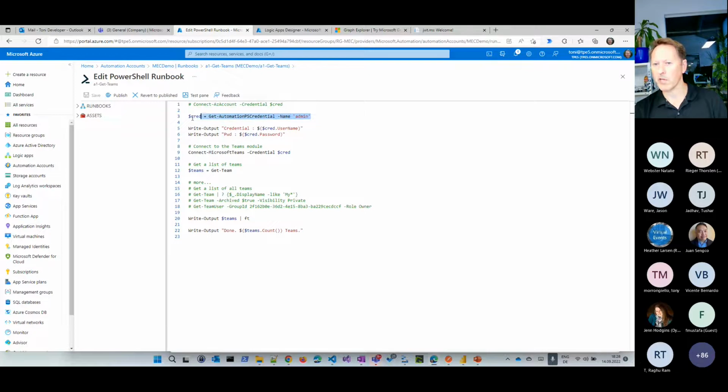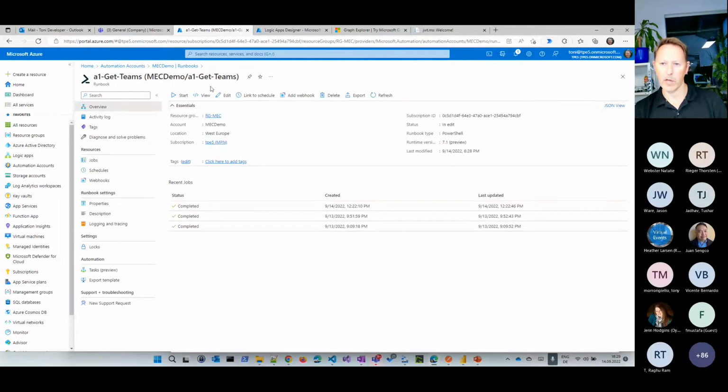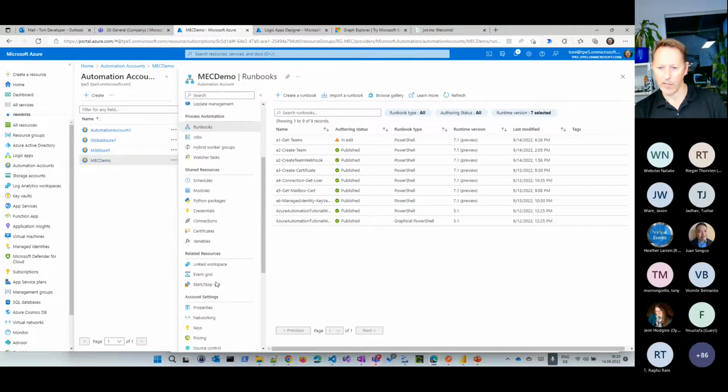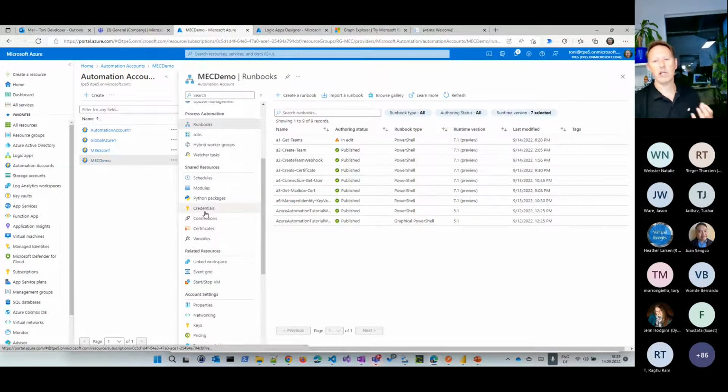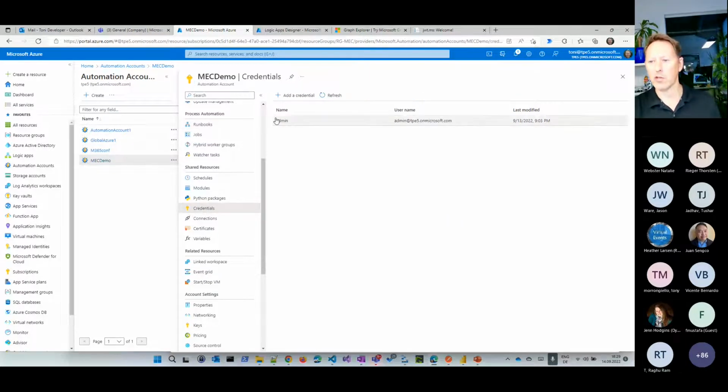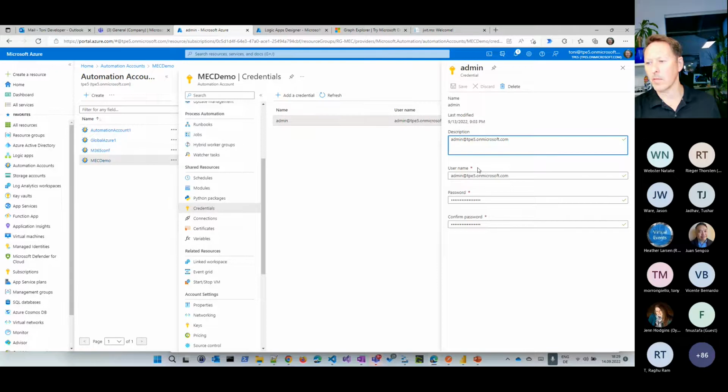It's very simple. It says, please authenticate with a user. That would be the username and the password, and then connect to Microsoft Teams with these credentials and give me a list of all the teams and do an output for them. We can access that data here, if I go back to my runbook, from the credentials. So we have a built-in key vault which stores securely all our secrets. If I go to credentials, you can see I have added an administrator of that tenant, with the name username and with a password. And you can restrict, when you create such a credential with a username and password, whether that is visible or not visible. So it's very easy to add.